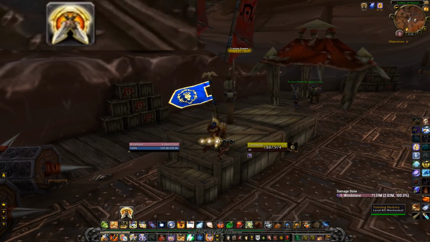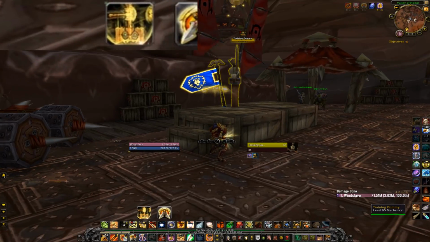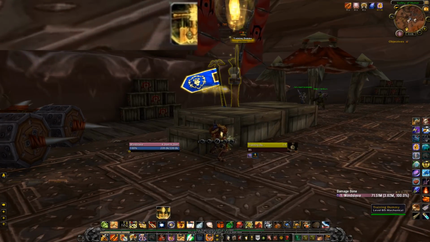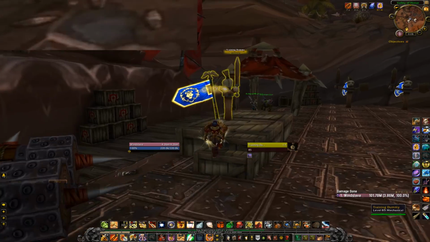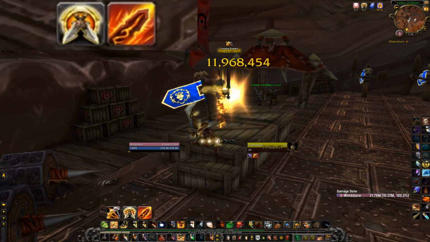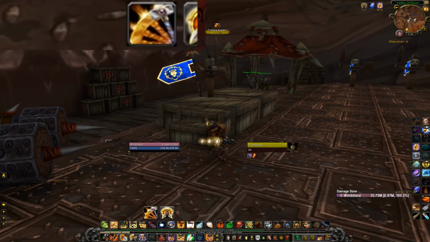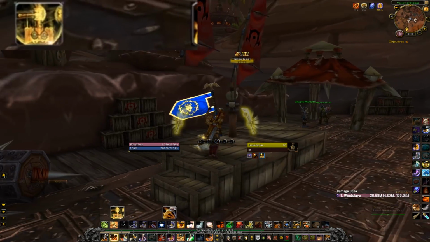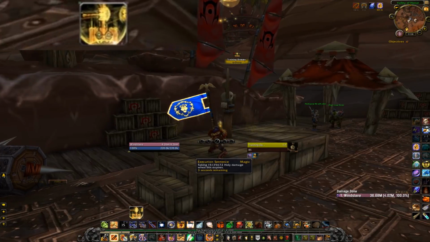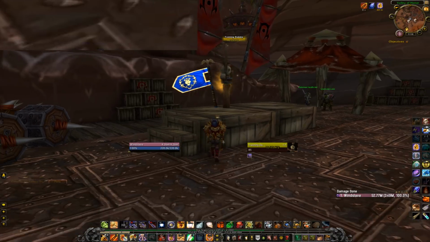We'll go ahead and let that wear off. I'll throw just a regular Execution Sentence on him. Hopefully it doesn't crit. Damn it, it crit. Of course. Oh damn it, I just put Judgment on him. Oh well, it should wear off before. So I'll throw Execution Sentence. Judgment wore off. Please do not crit again. Thank you. As you notice,